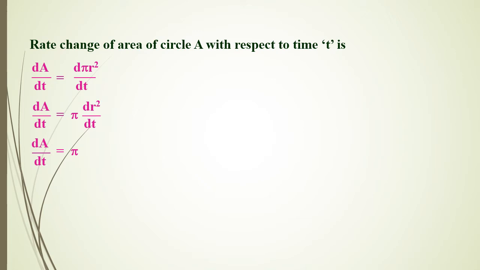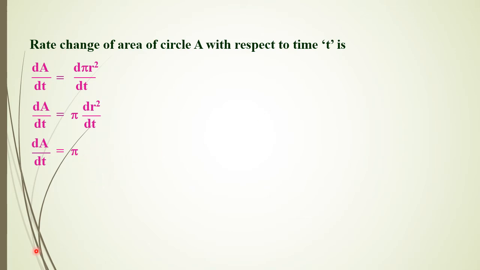Okay, next, after this, its differentiation. Once again I'll tell you, r square differentiation is 2r to the power 2 minus 1, so 2r it will be. But when you will be finding the differentiation of r with respect to time, it can be written as dr divided by dt. Okay, that is written here.